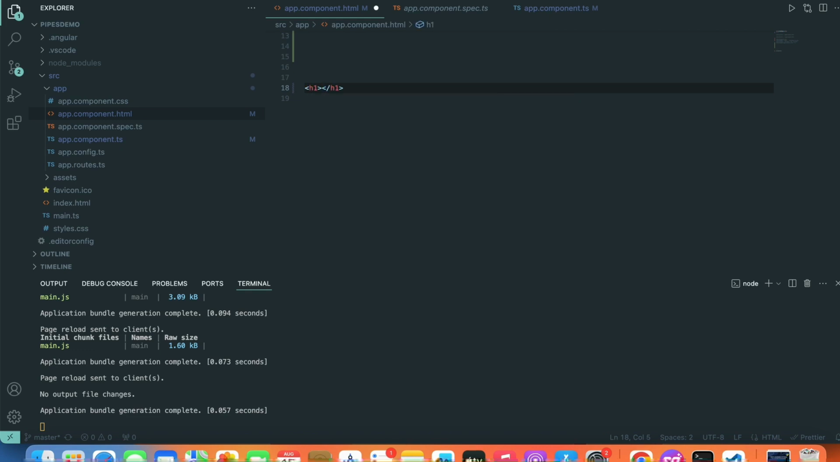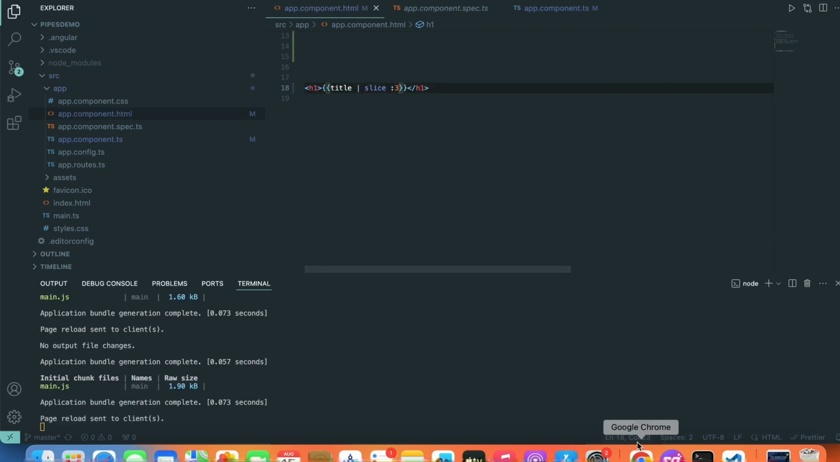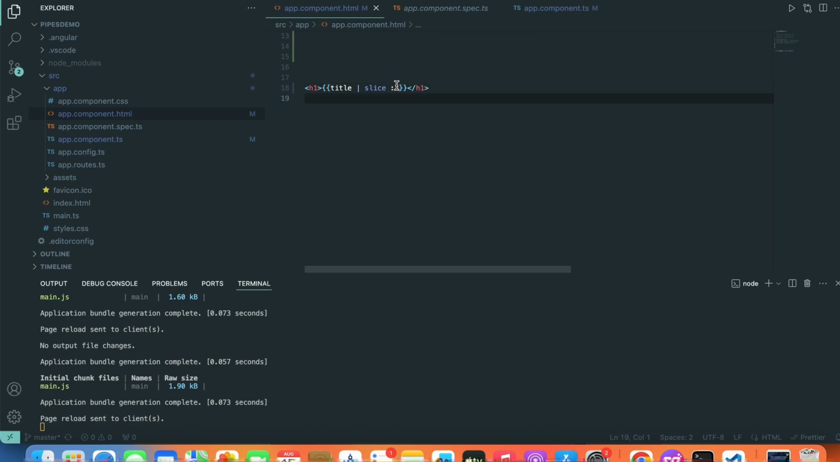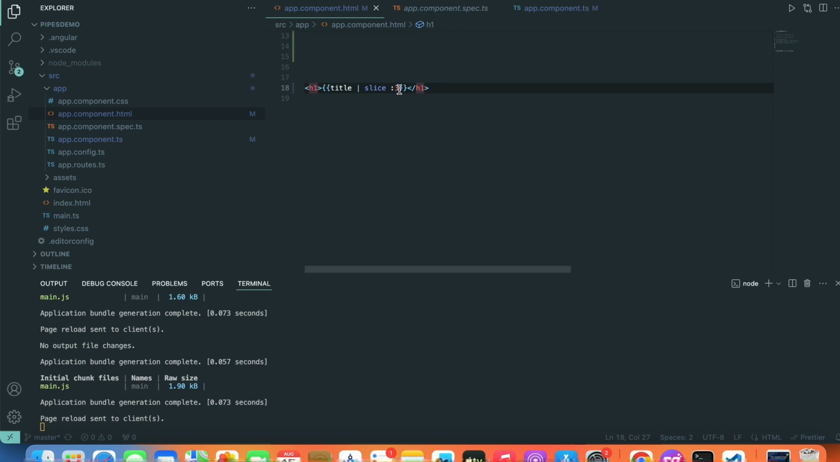Let me play with this. For instance, title. For the title, let me use the slice pipe here, and for slice, let me use 3. By using the slice, you can see that this is an advanced pipe demo, and with the slice, that means 1, 2, 3, so it's starting from the fourth index. I mentioned to cut it down and not show the first 3 values, starting from the fourth index. But now I want to display